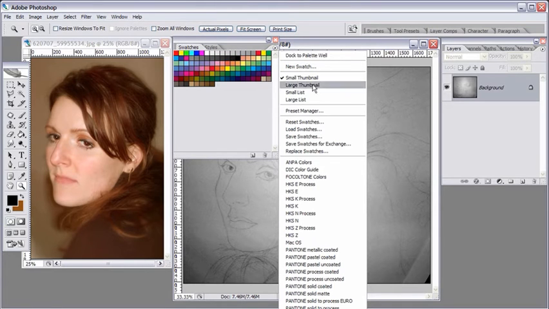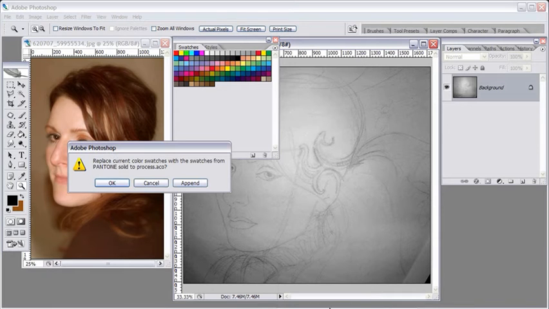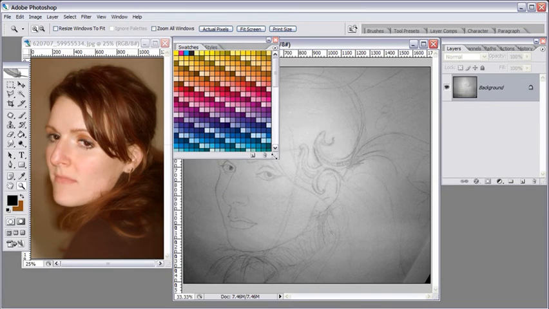I'm going to click on that little arrow. And what we have down here towards the bottom are all our color presets. So these are little color menus that we have. The one that I'm going to choose is Pantone Solid to Process, and it's just under Pantone Solid to Process Euro if this goes off your screen. I'm going to click on that and I'm going to hit OK. And you will see that it just loaded